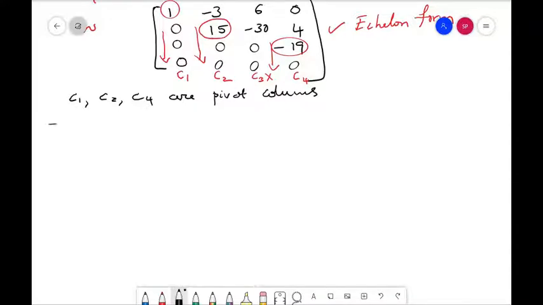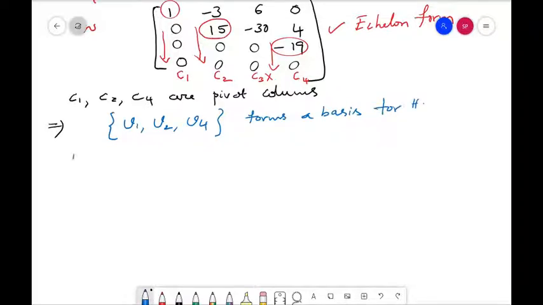So this implies the set containing V1, V2, V4, the corresponding vectors in the given set, forms a basis for H. That is the set containing the vectors from the set A, not from the echelon form,